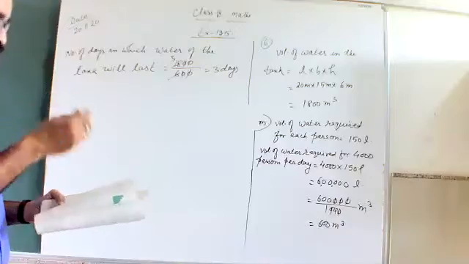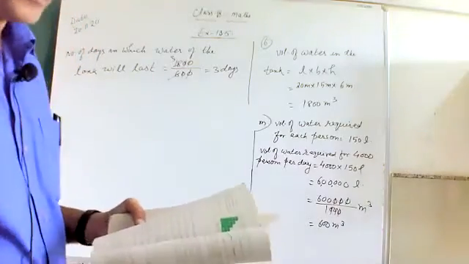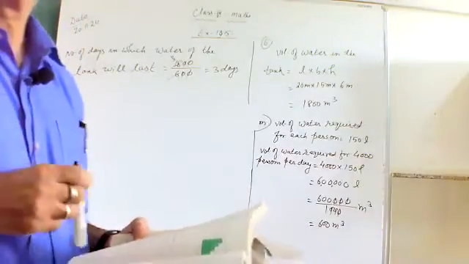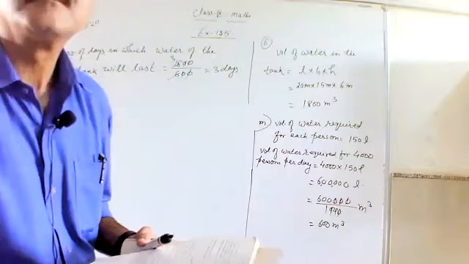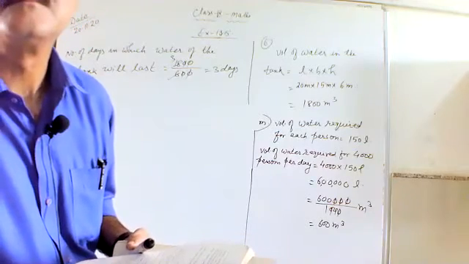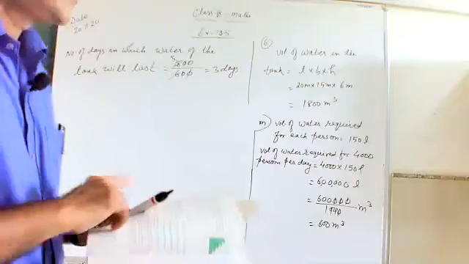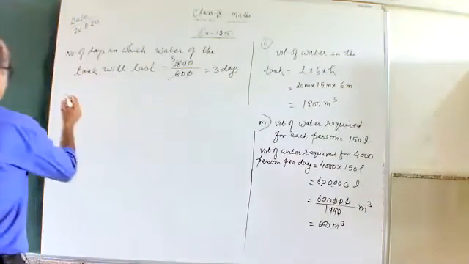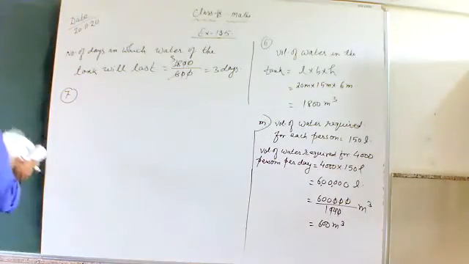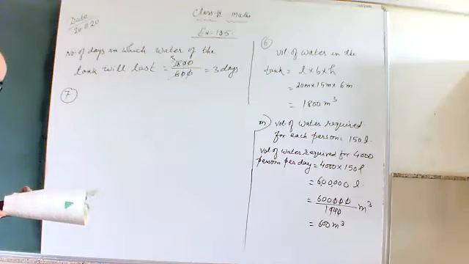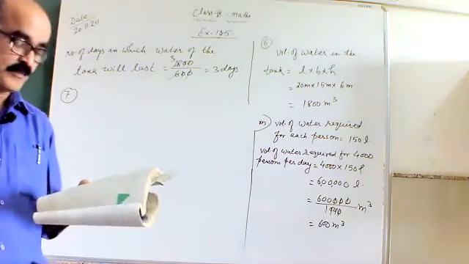Now question number 7. Question number 7 is a godown measures